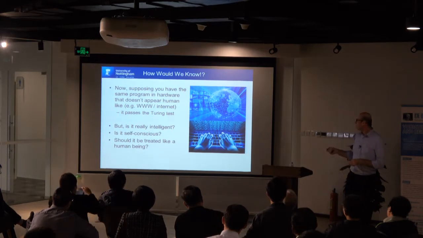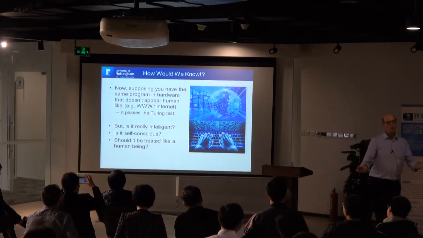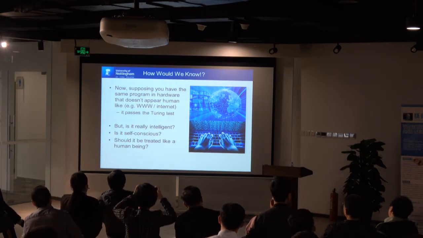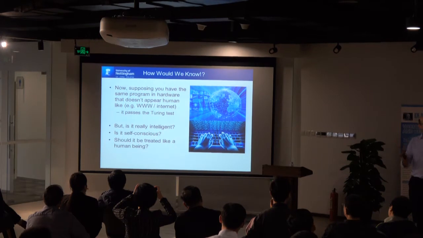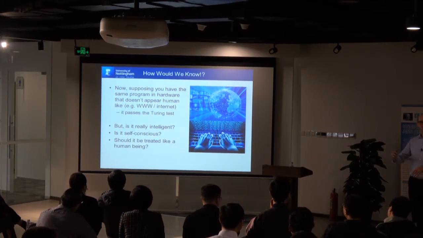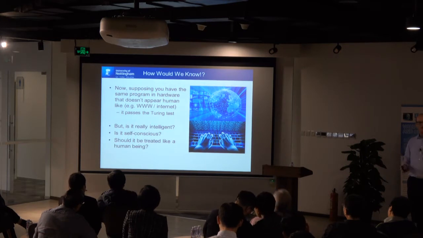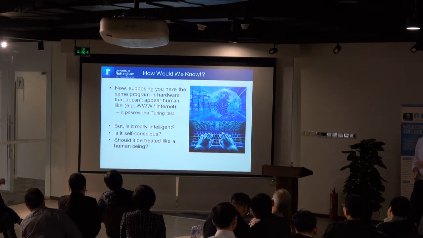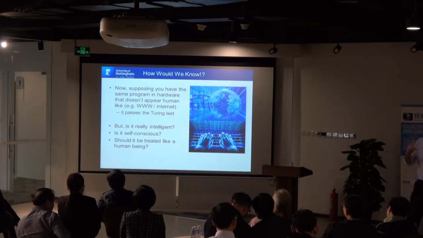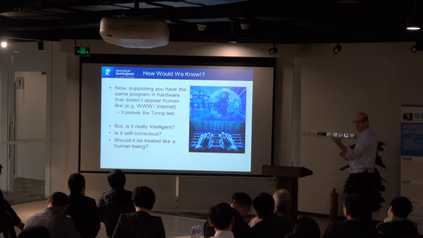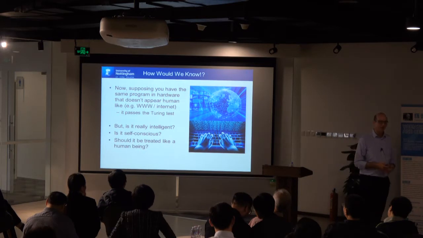But supposing we program something which doesn't even look human, and it passes the Turing test. Let's say the World Wide Web's been going for 10 years, and in another 50 years it is improved. If I want to find a correct answer, I don't ask a student, I don't ask anyone in the room, I type it into Google and Wikipedia. That's how to find the correct answer. So already the intelligence of the internet is large.